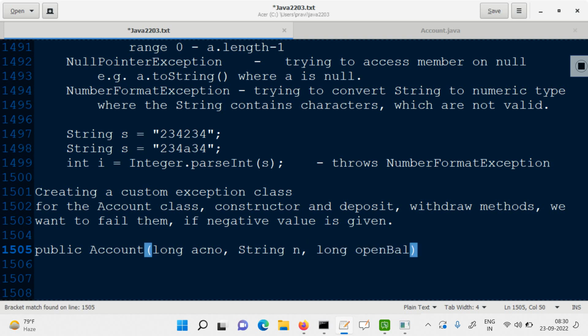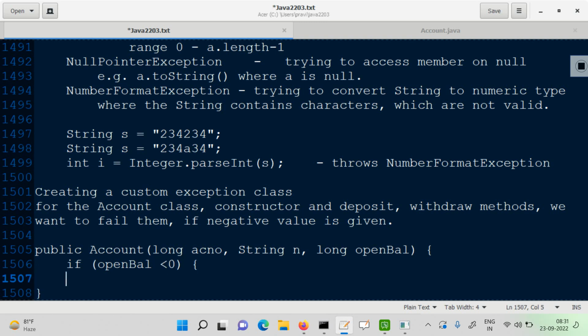So what can be done here? If opening balance is less than 0, that's the first thing you'll check. And if this is the case, we'll say throw